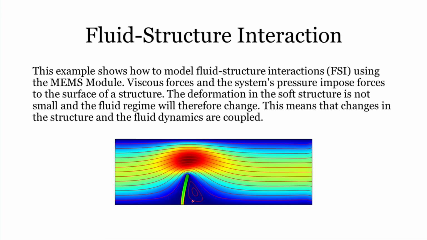One example is a very simple flow of fluid through a channel from left to right, and there is an elastic material, as you can see over here, and it's going to bend. When we talk about the bend, we also need to take into account the change in the geometry with the help of change in the meshing. So you can see that the meshing is also going to change in this particular domain.